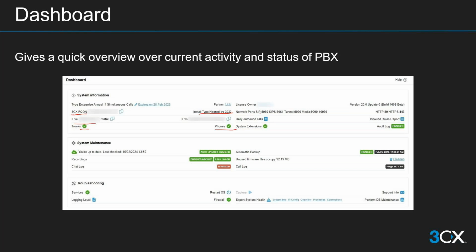We see our ports that we have chosen. We see also these ports here. We see if the system extensions are up and if the audit log is enabled. Then again here, auto updates, since this is hosted by 3CX, auto updates are enabled. Recordings, we can see, is enabled. Archiving is enabled. So from that perspective, we only use a very, very minimal amount of